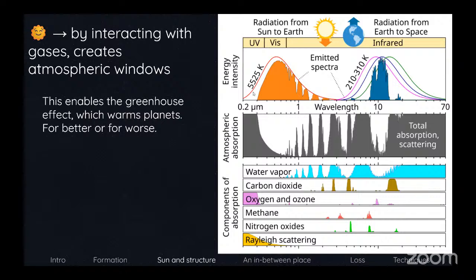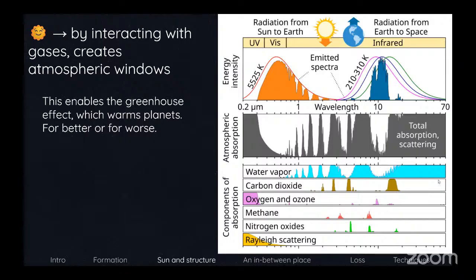Notably, though, the atmosphere is opaque in the UV, which is good because that is helpful for us continuing to live and not be burned. But when you look at how this overlaps with the emission spectra of different molecules in the atmosphere, that's when you start to see how this can really have some interesting climate impacts.